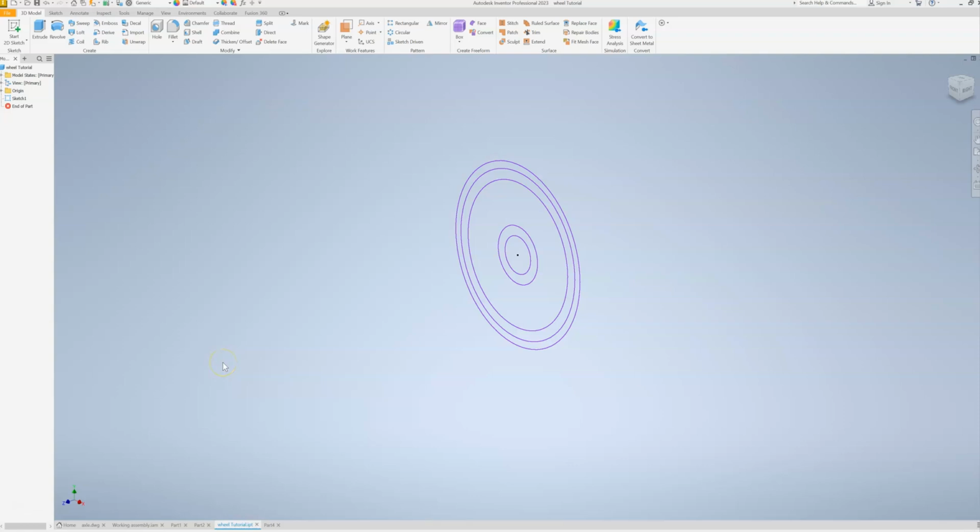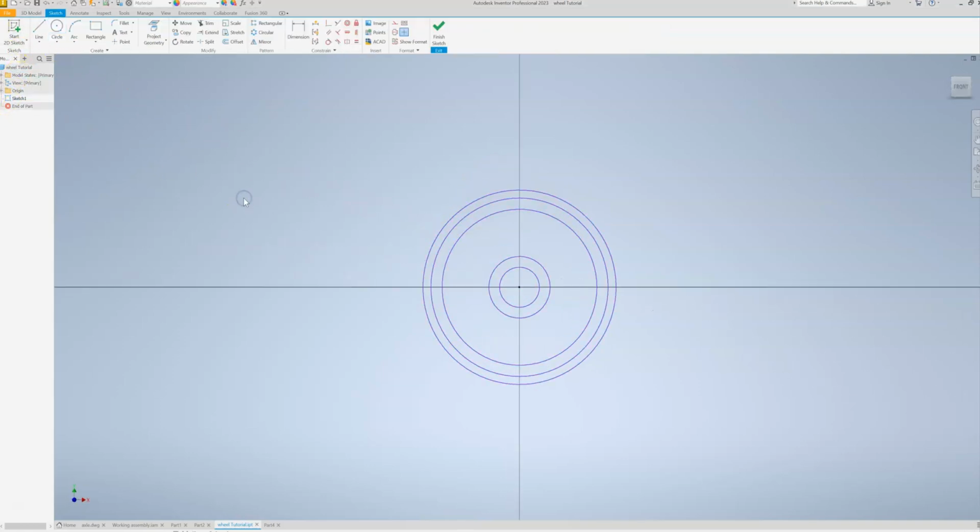All right, guys, so I'm making a tutorial for the wheel that you're trying to design. I've gone ahead already and I've made a sketch with the circles that you need. I'll go back into that sketch just to show you. These are the 5 circles that you're going to want,